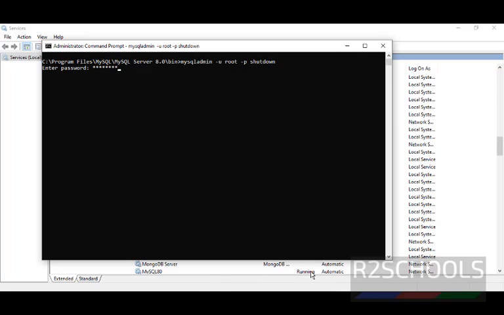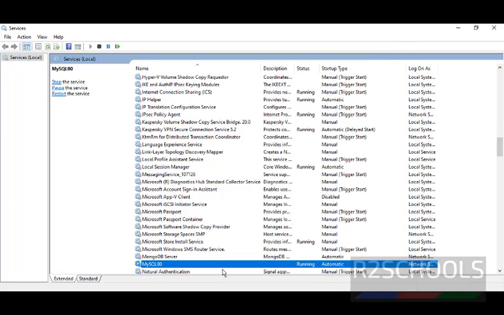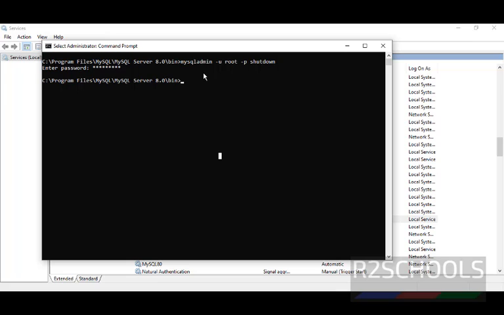See, notice here MySQL80 is running. If I press enter, then the running status has to be gone. It's still there. Then just refresh it by pressing F5. See, that status has been gone. We cannot start MySQL server by using this mysqladmin. Either we have to use net start and MySQL service name,